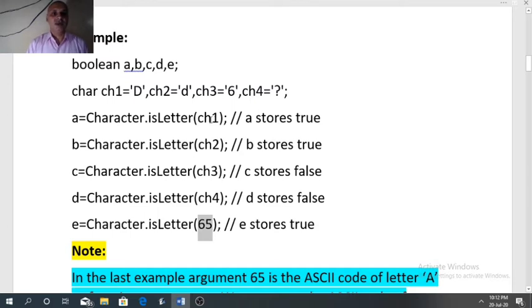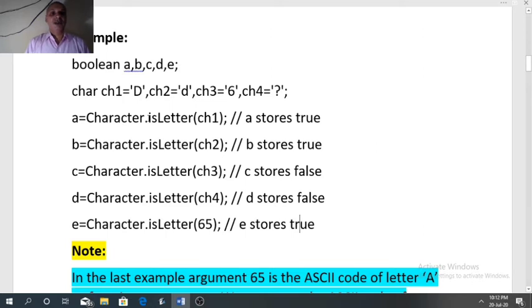So in the first 4 cases, I have entered character variables from ch1 to ch4. In the last example, I have entered the ASCII code. 65 is the ASCII code of capital A. So the compiler will consider it as capital A, which is a letter.